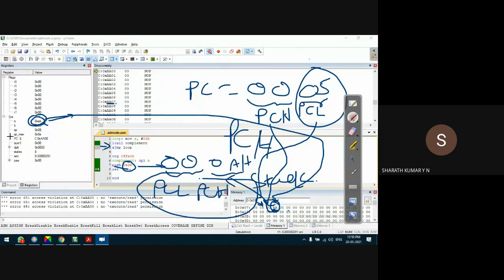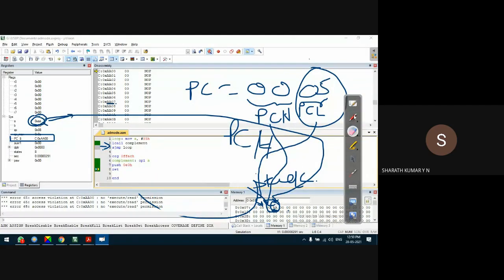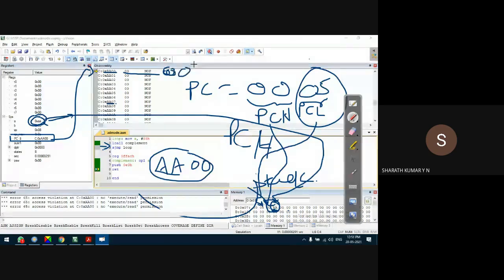Please observe this. This is what I was talking about. What is PC showing? PC is showing AA00H. That is AA, correct, not this address. Sorry, the address the compiler is fetching from the stack memory. What it thinks is the return address is AA00H. Why? Because AA we pushed from the accumulator, we stored it on the stack memory. It thinks that this is the target address and it is trying to access from this address AA00H. But the content of this location is 00. That's the mistake which is happening here.